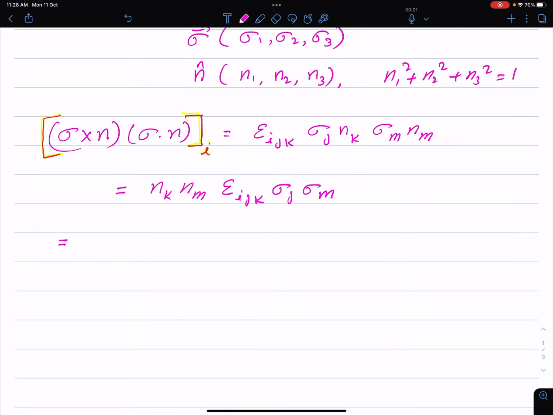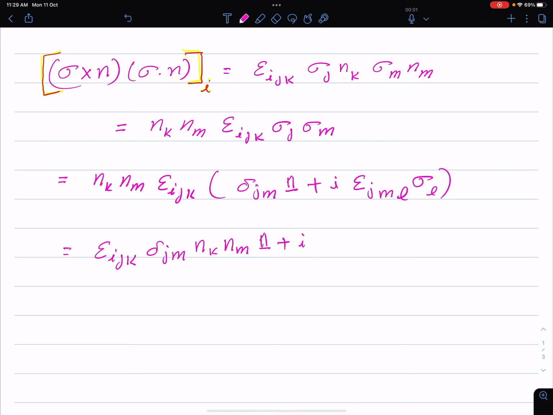So the first term, you can write it as epsilon i j k delta j m n k n m identity operator, plus the second one, i sigma l